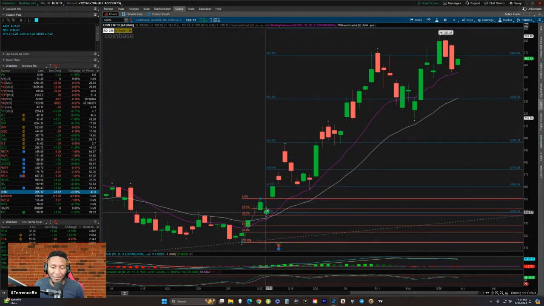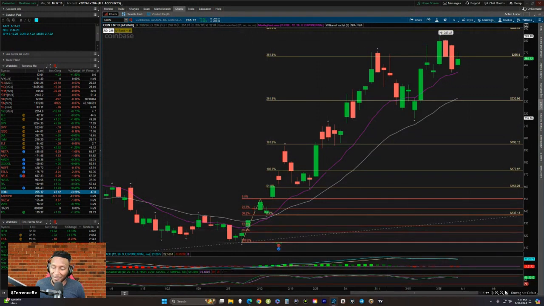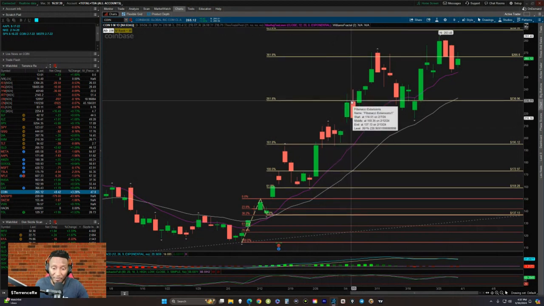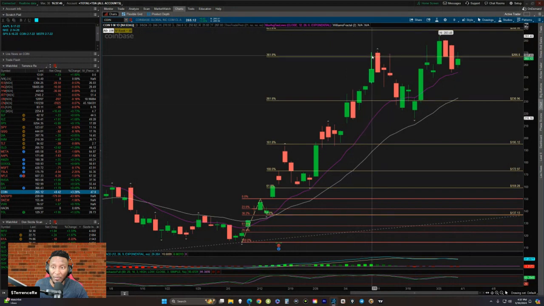I was calling these levels out in Coinbase. Look at it. 100, 1618. Look, and you can see when it hit the 1618, the next day when it broke up higher than that, you could see how it wicked. It then acted as support. Next level. Wick right here on 2618. Now this is Coinbase. Coinbase is moving step by step with Bitcoin. Next level, 3618. Look at that wick.